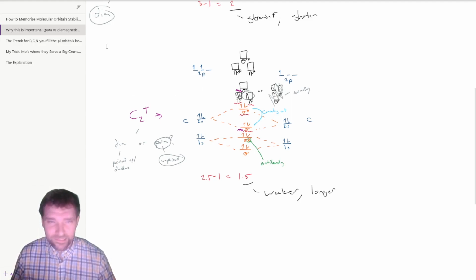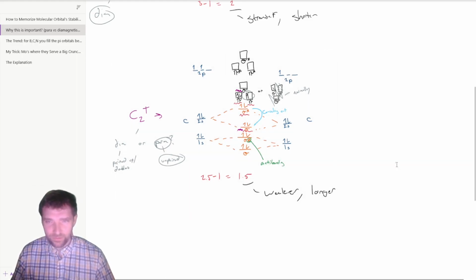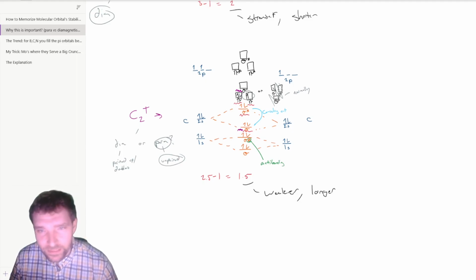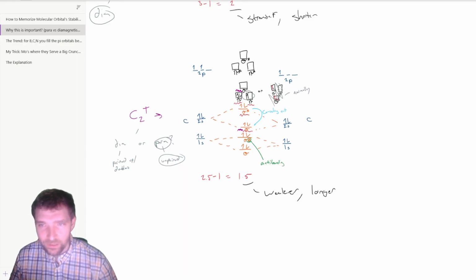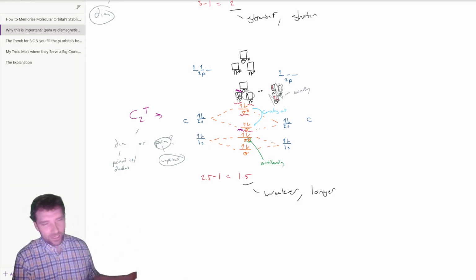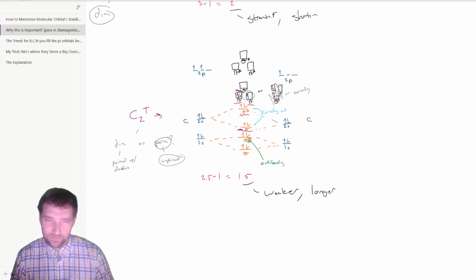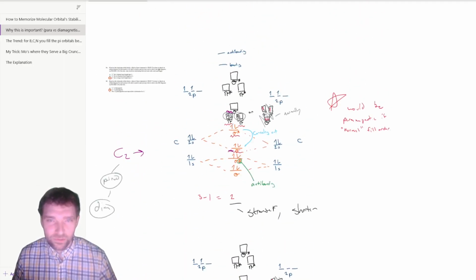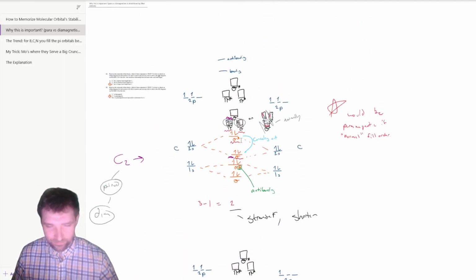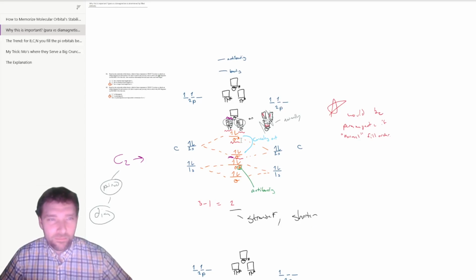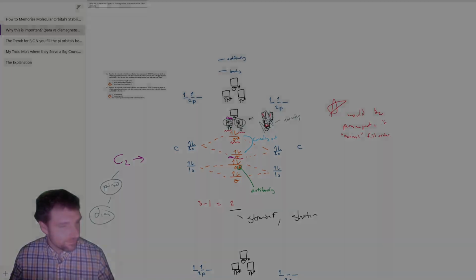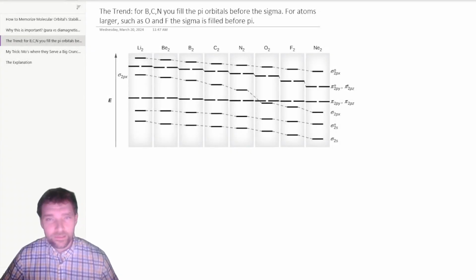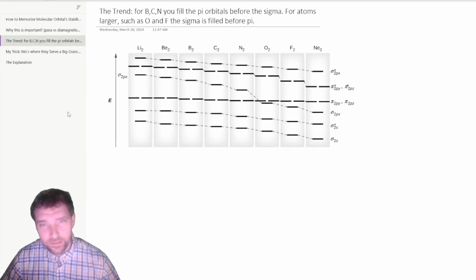Now, it wouldn't be such a big deal for this one if you were to use the wrong molecular orbital. It would still kind of work out because you would end up having 1, 2, and 3, so there's an unpaired one in both of these. So it does work out occasionally if you use the wrong one, but you want to be careful. To really make sure we're using the correct fill order, we're going to talk about the trend and the trick to memorize this. When we're talking about this, there's often a big focus on the B, C, and